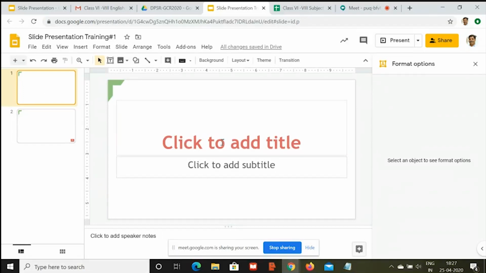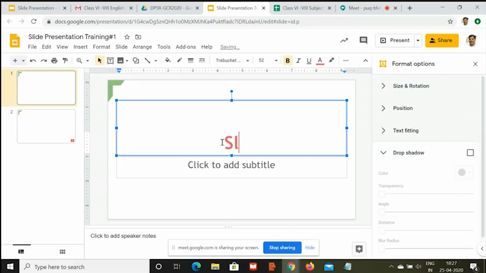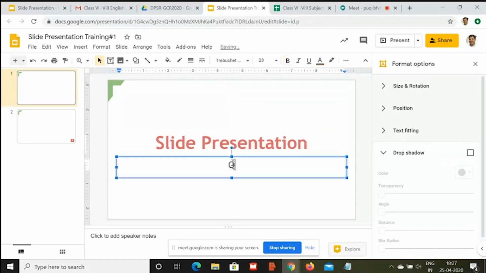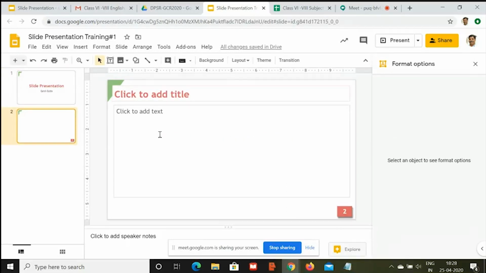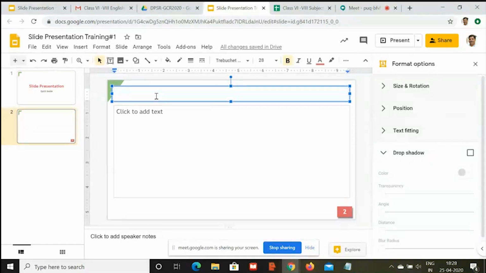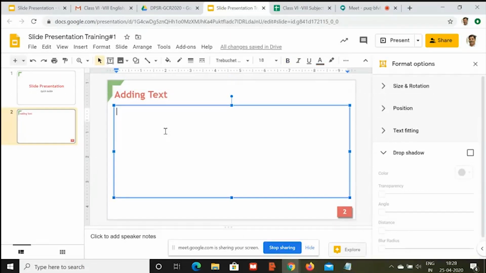In this template, suppose I am saying that my main title is slide presentation, and it is a quick guide. Now I move to the next slide. The next slide is already there with the same color settings, right? So let's put it here, adding text is my first content, right? Here I am writing